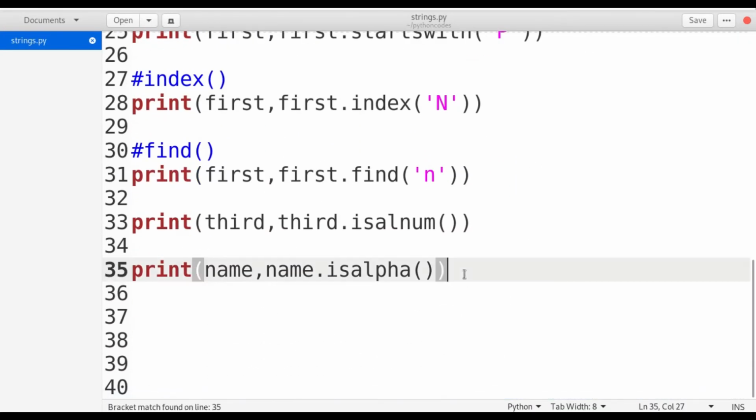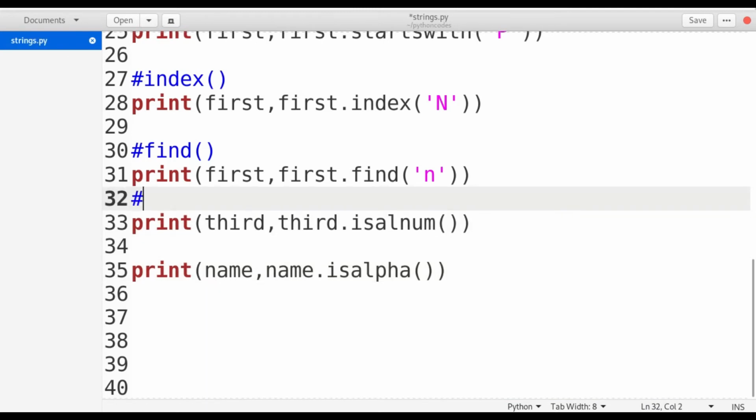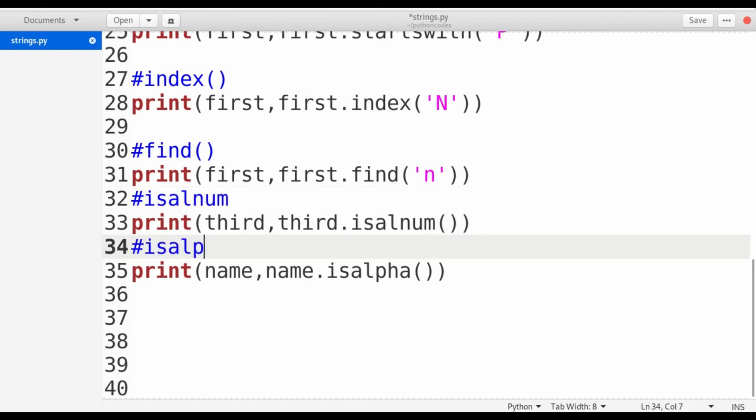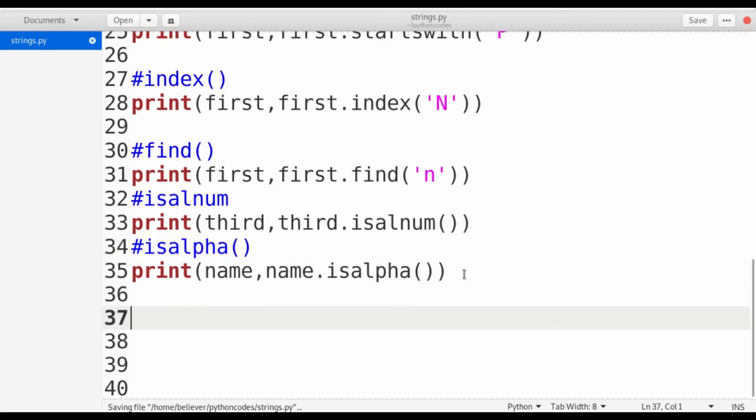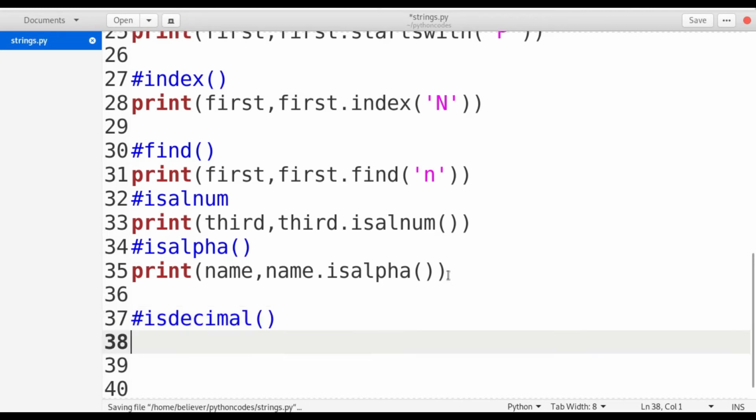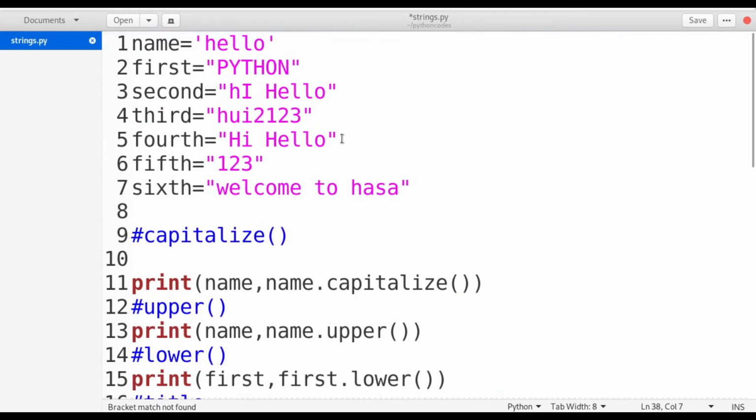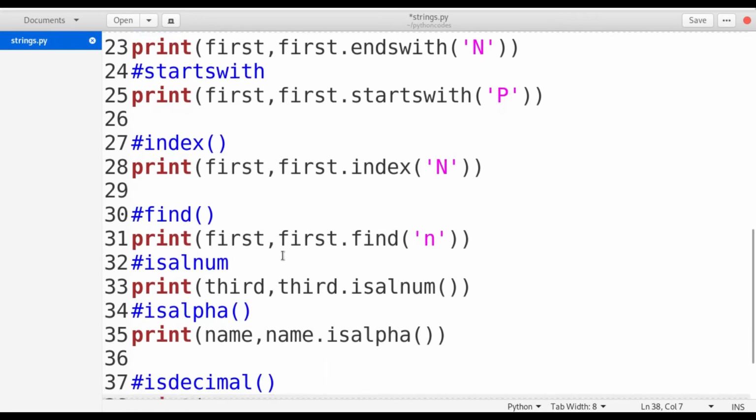So now I'm using isdecimal. In this I'm using a decimal value called fifth.